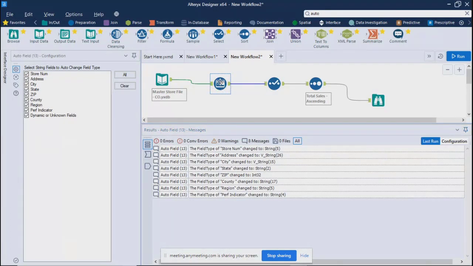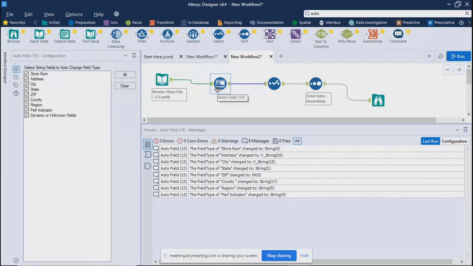So what happens? Let me tell you the scenario. Sometimes you get your data in Notepad or text files. What happens in those scenarios? All of the data types related to your data will be text, correct? Now Auto tool helps you in those scenarios where you would like to change some integer fields which are coming as text. This tool will automatically convert those. So that is what it is doing here. For example, zip was coming as text, and now it has converted it into integer 32. Correct?